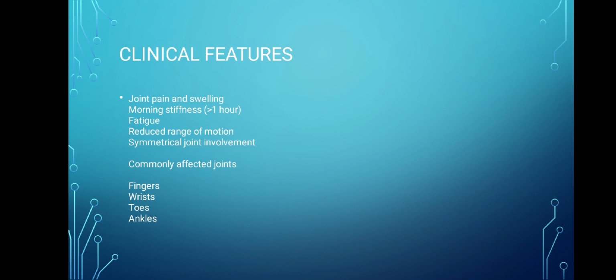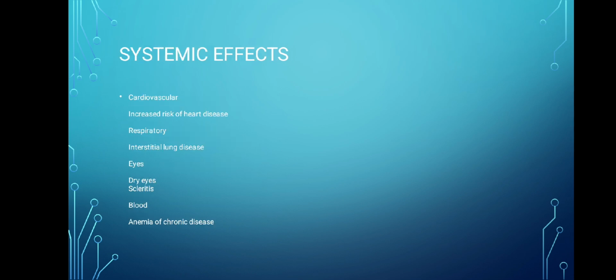as the disease progresses. Ligaments become weak, tendons may rupture, and the joint capsule becomes damaged. This leads to characteristic deformities such as ulnar deviation, swan neck deformity, and boutonniere deformity. In severe chronic disease, fibrous tissue may eventually be replaced by bone, leading to ankylosis, which is permanent joint fusion and loss of movement. Systemic pathological effects. Because rheumatoid arthritis is a systemic autoimmune disease,